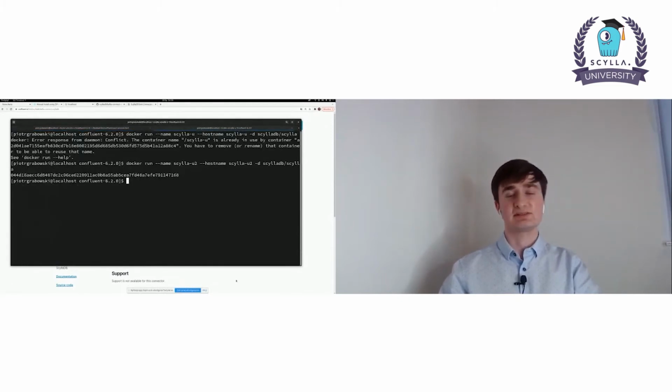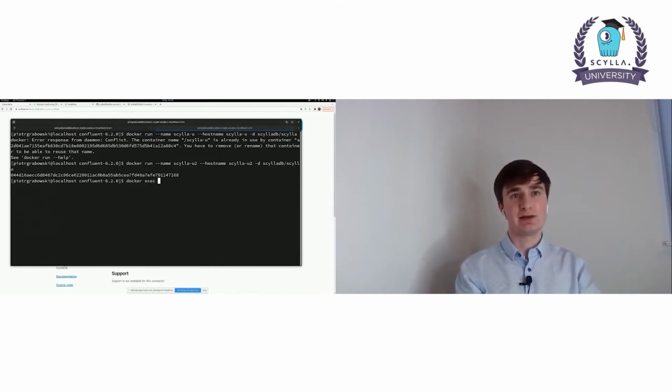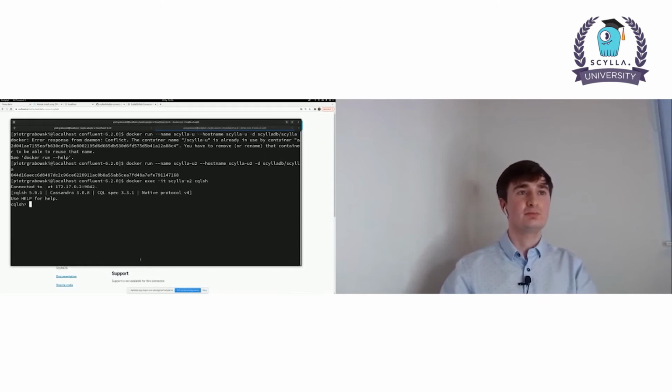I think it's a good time to connect to the Docker container with Scylla. So we'll use the Docker exec command and use cqlsh. And as you can see, Scylla has started.